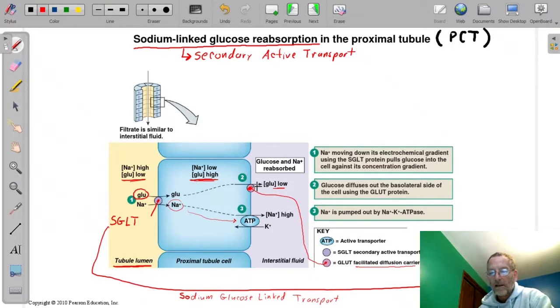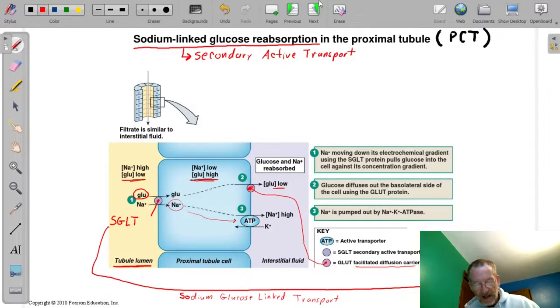Okay, so we've gone through that before. This should be review, reading the numbers: sodium moving down the gradient through the SGLT, which stands for sodium glucose linked transporter. The protein pulls glucose into the cell against the gradient, and then glucose diffuses out through the GLUT, which is just a glucose transporter, and then the sodium-potassium pump continues to pump sodium out and potassium in, creating that gradient. So let's move on